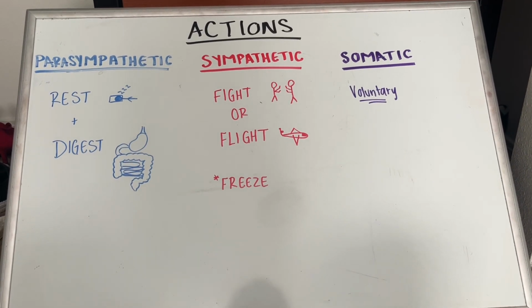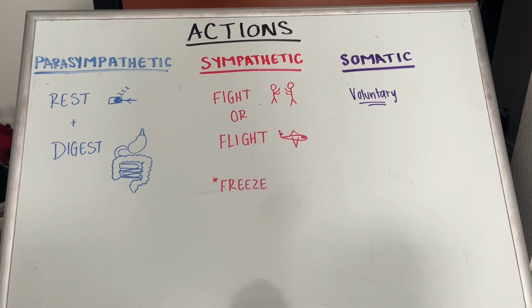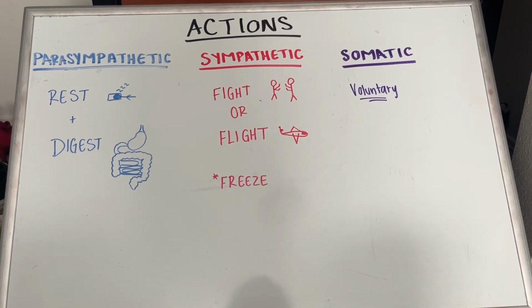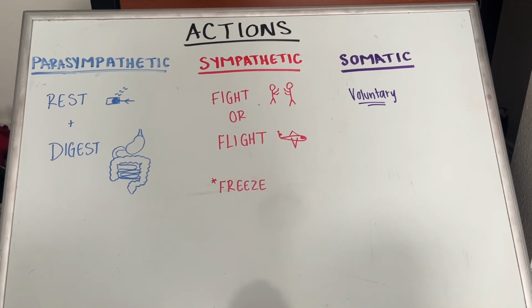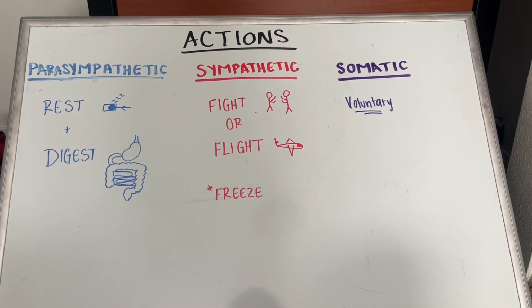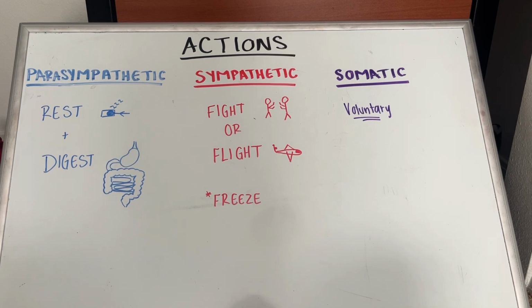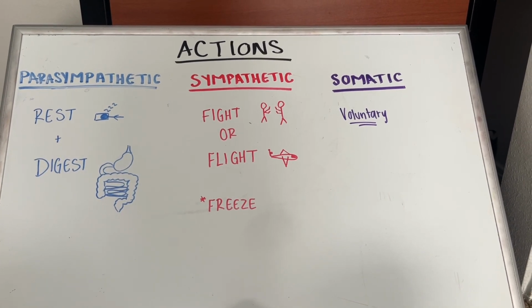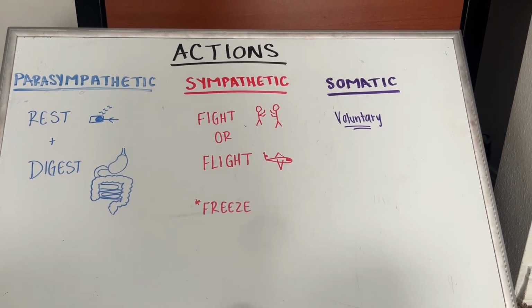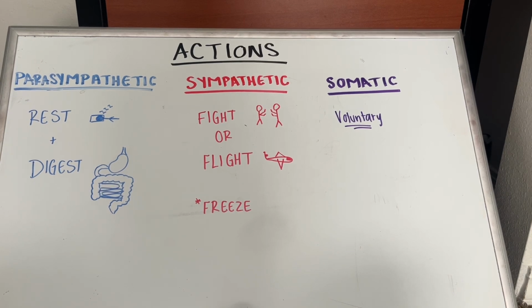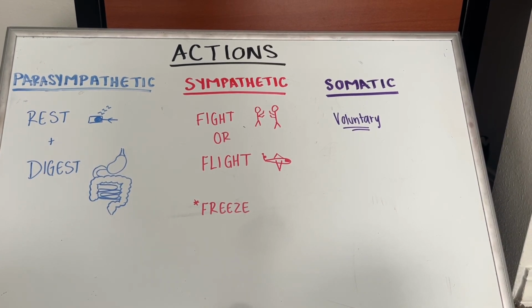The actions are the last thing that we're going to look at the differences between before we move on to receptors. So in our parasympathetic division, this is associated with the rest and digest functions and other things that conserve energy. Effects can include decreased heart rate and blood pressure, pupil constriction, bronchioconstriction, increased secretions and peristalsis of the digestive